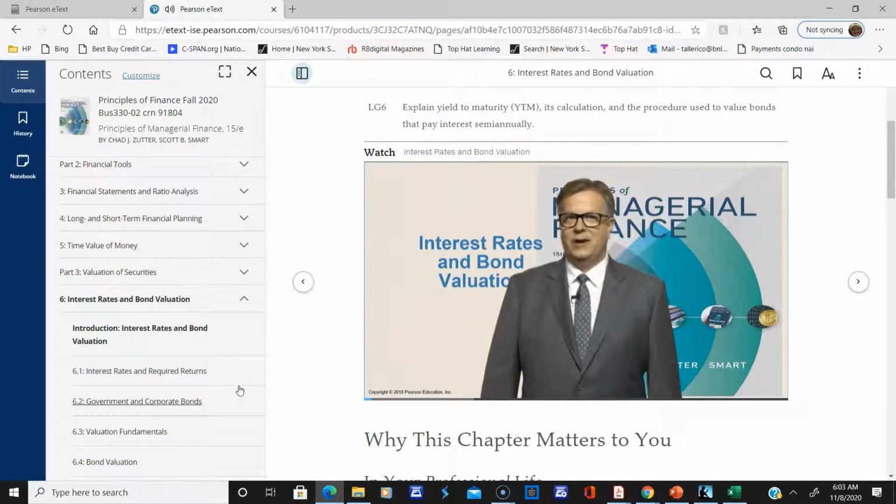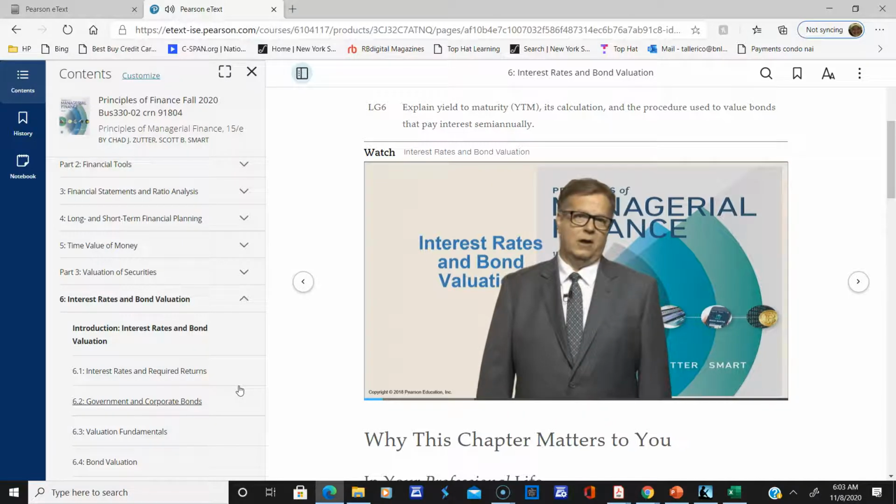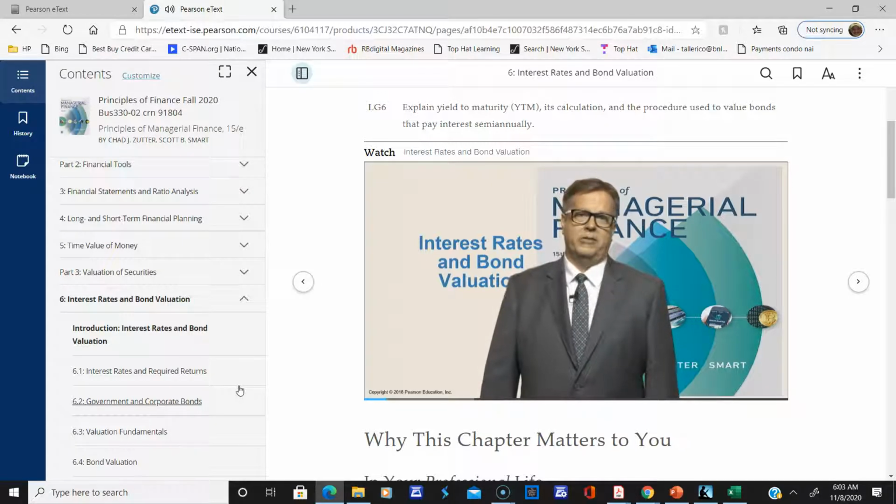When firms need to raise money from investors, they have two ways to do that. They can issue equity by selling common or preferred stock, or they can borrow the money they need by taking on debt. Firms can borrow money directly from financial institutions like commercial banks, or they can borrow from a more diverse group of lenders by issuing securities called bonds. Bonds are the focus of this chapter.